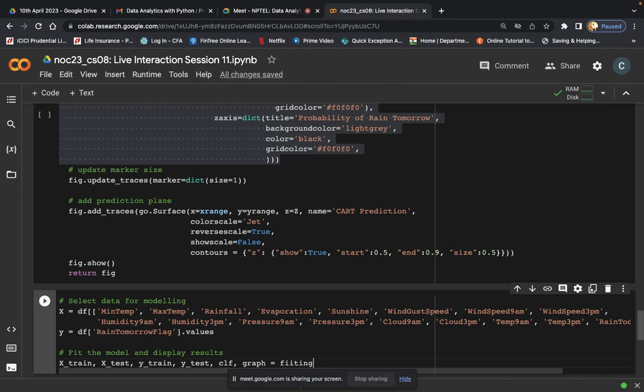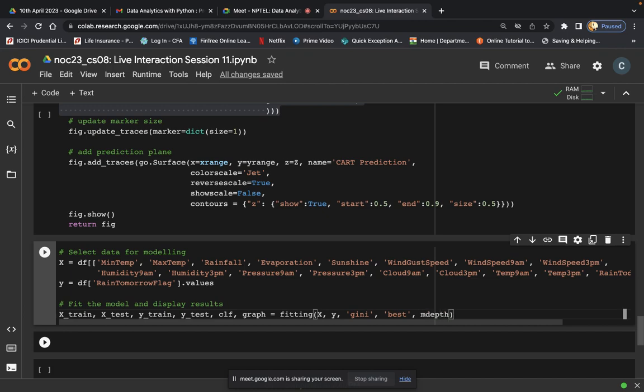We're going to pass x, y, which we just defined, Gini as the criteria, best as the splitter, splitting the data for the rules,